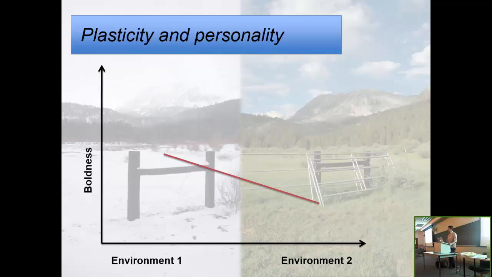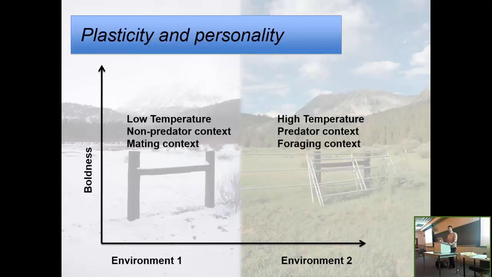Of course, other individuals in the population, represented by these other lines, may be higher or lower in that behavior. This just shows the consistent individual differences in that behavior. And likewise, some individuals may be more responsive than others. What I want to look into right now is not just a single environmental variable, but assessing multiple environmental variables, in fact, different combinations of those.